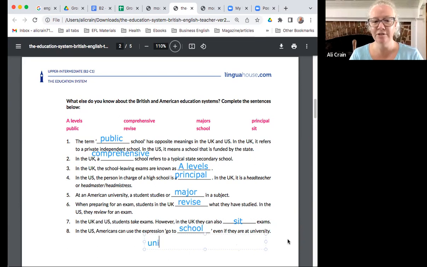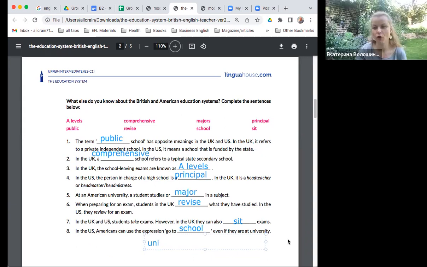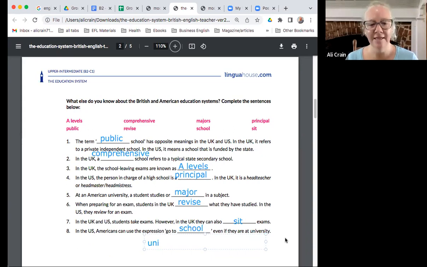Okay, any questions on any of these? Do you all have, in Ukraine, do you have exams that you have to take to leave high school and to go to university that's similar to the British system? Yeah, it is. Girls remember me. Graduation from the school and entering and enroll into the university. Yes, I remember. It is ZNO. ZNO. Yeah. Okay, okay.